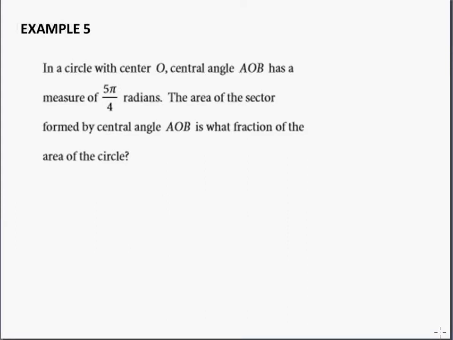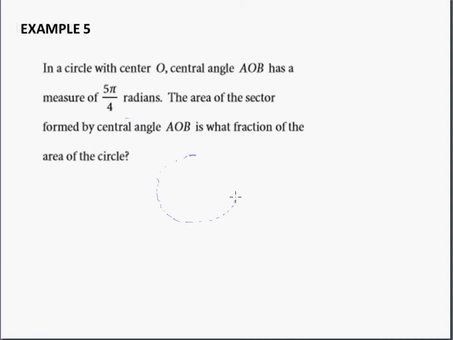Example 5. In a circle of center O, central angle AOB has a measure of 5 pi over 4 radians. The area of the sector formed by central angle AOB is what fraction of the area of the circle? So if I draw,